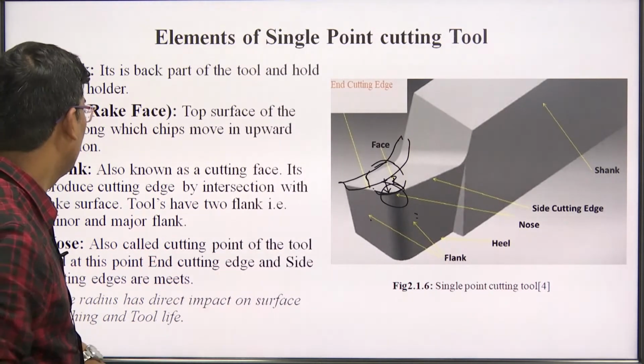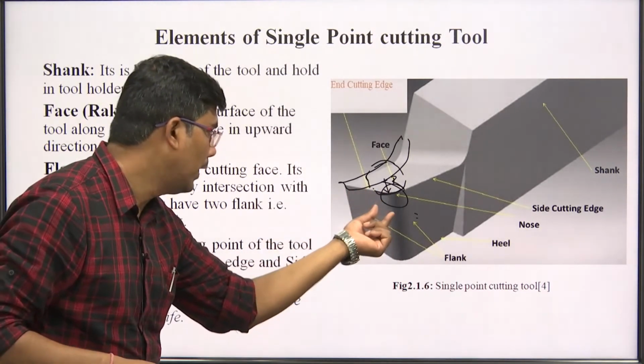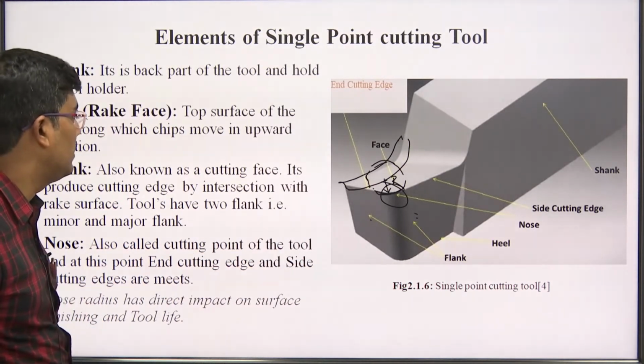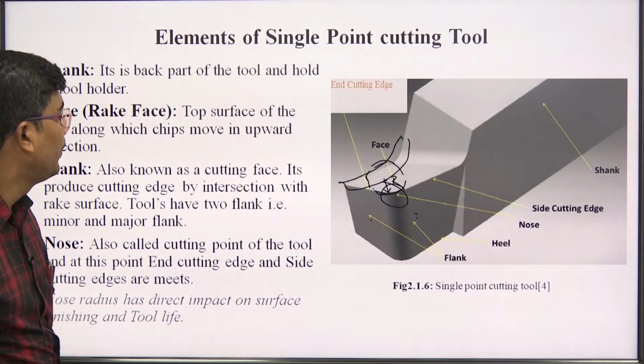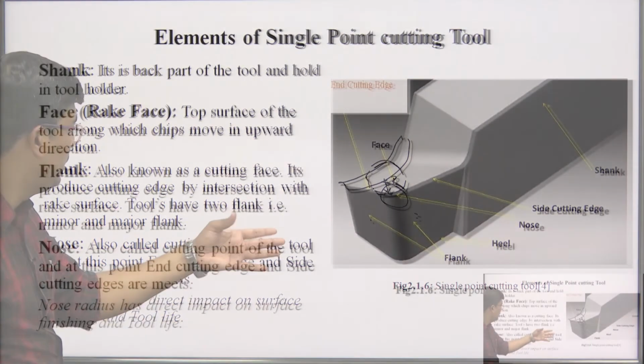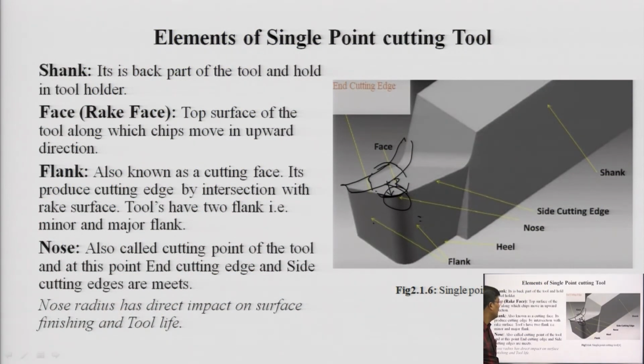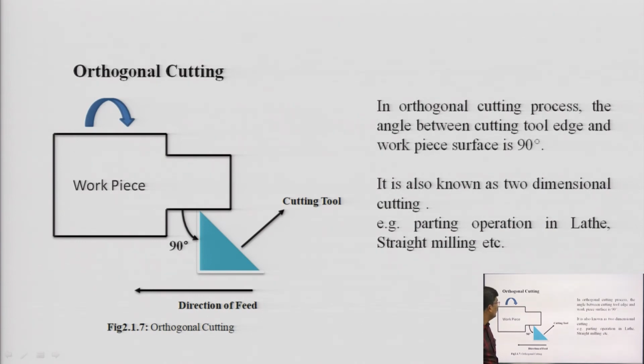नोज मैंने आपसे डिस्कस कर दिया, ये कटिंग पॉइंट का एक कॉर्नर शेप टूल है जो कि मशीनिंग में कटिंग एज का पार्ट रहता है और मशीनिंग में इंपॉर्टेंट रोल प्ले करता है। अगर नोज रेडियस ज़्यादा हो गया तो फिर रफ मशीनिंग सरफेस खराब मिलेगी आपको, रफनेस ज़्यादा मिल जाती है।